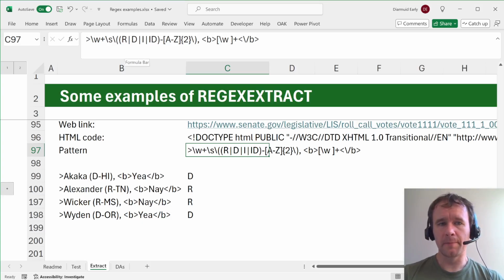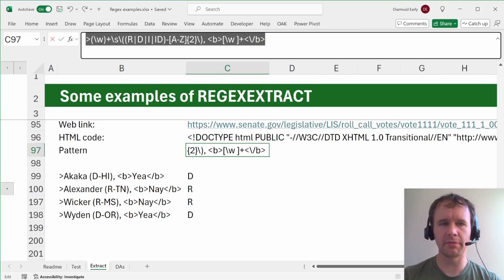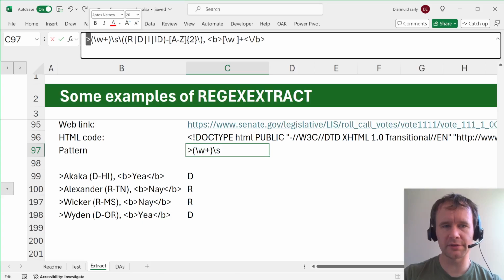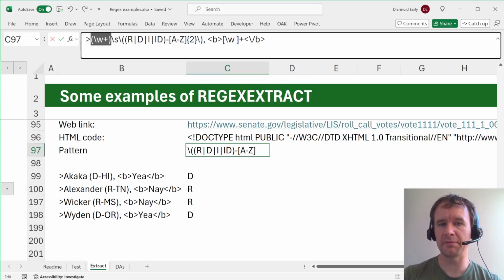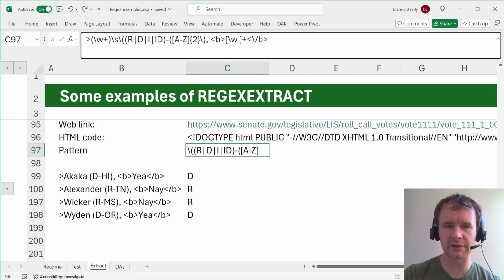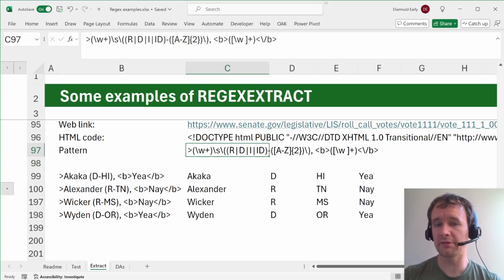But I can also wrap any other piece of this in parentheses to say I am interested in capturing this. So this is the overall matching pattern, but I'm interested in this subset, which is the person's name. And sorry, actually, I need to include the plus there. So when I match some number of letters between this greater than sign and before a space and before all the rest of this pattern, I'm interested in that piece. That's the senator's name. This piece is their party. I'm interested in that. This piece is the state. I'm interested in that, so I can wrap that. And then this piece is how they voted, and I'm interested in that as well. So I wrap all of those in parentheses, which are called capture groups.